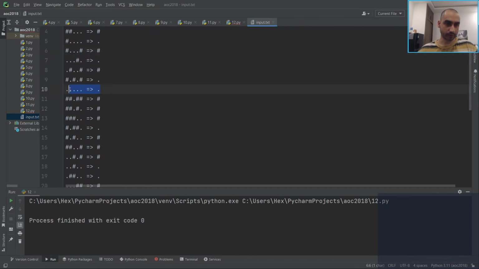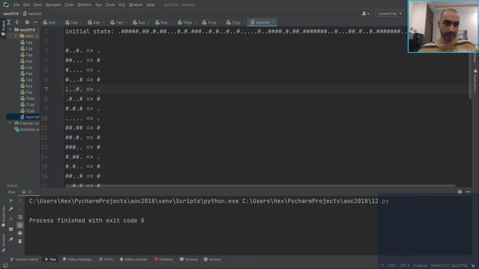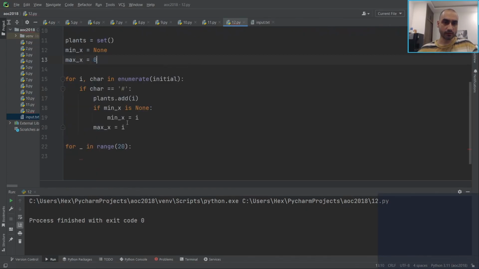Oh, this one is important. But I just assume that by default. Otherwise you're going to get plants all over the place and infinite plants. Okay, so we need to check min x minus 4. So for x in range, starting from min x minus 4 and ending on,